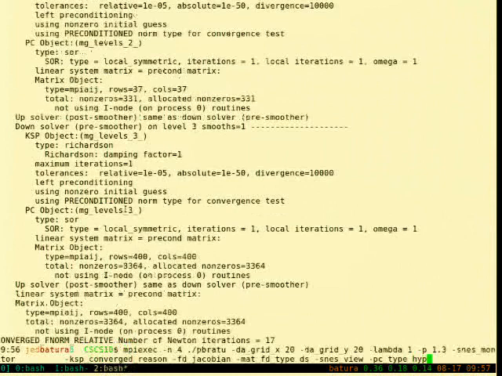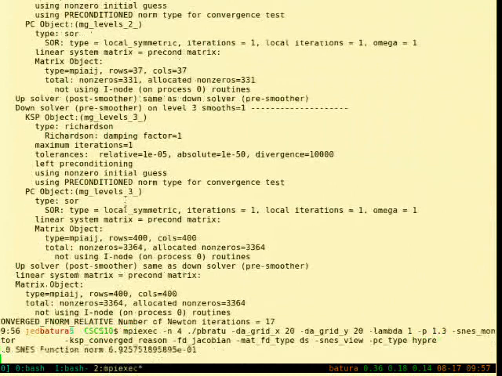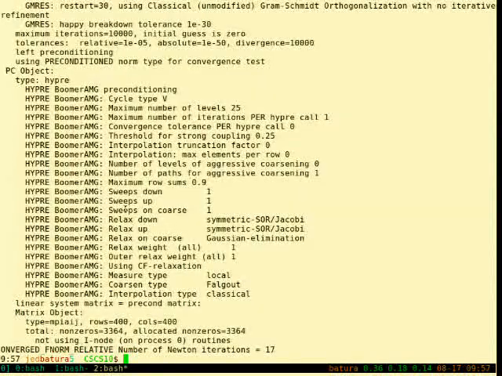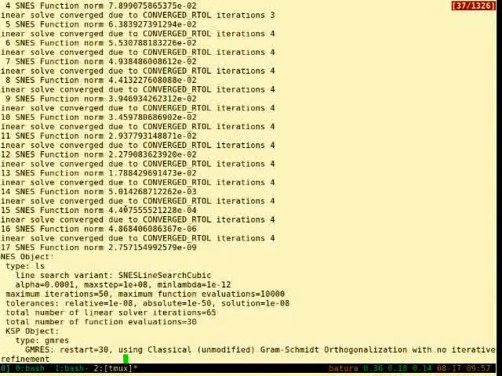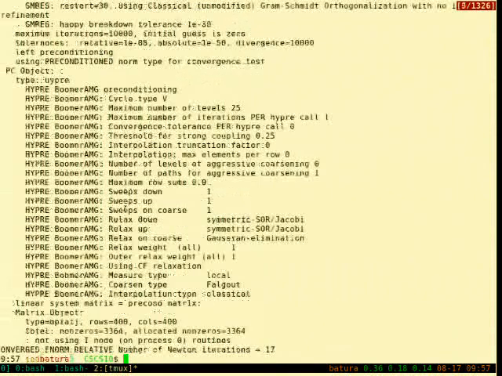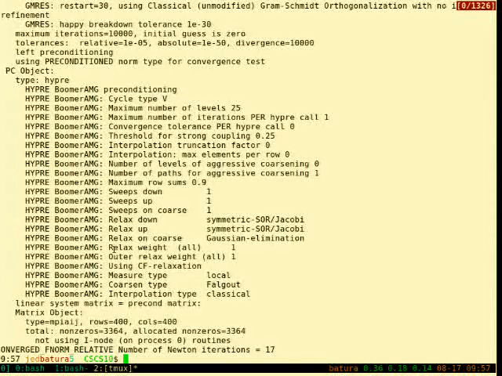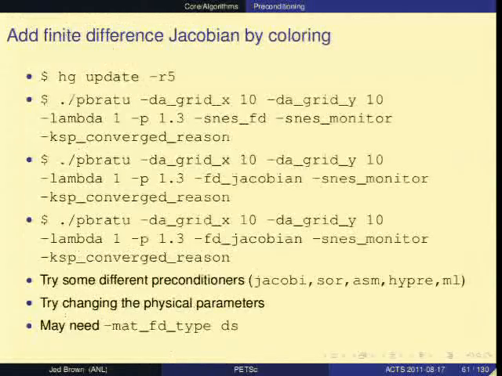So we can also use BoomerAMG from Hypre, and we see what that's doing, kind of a smaller iteration count. And that's typical, actually. BoomerAMG usually has fewer iterations, but higher setup and memory costs. So, and we see whatever parameters were used for that. So we can experiment very quickly.